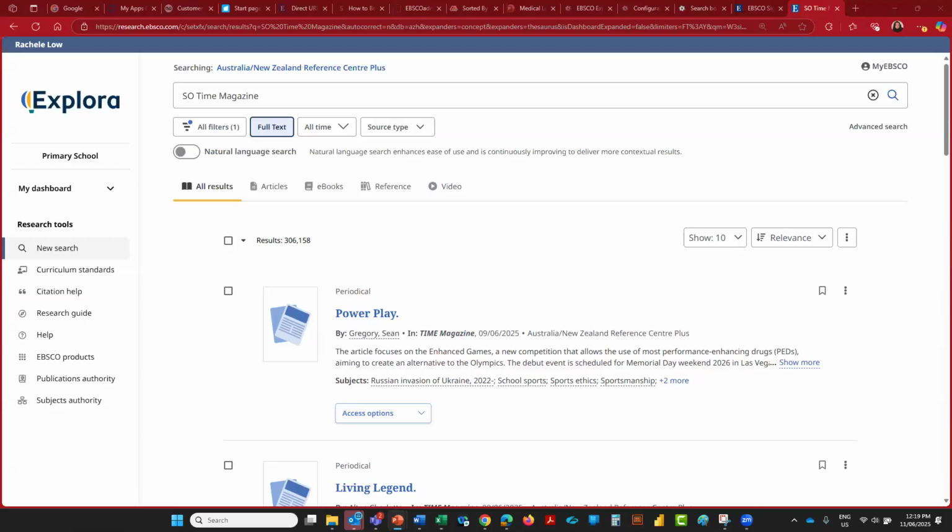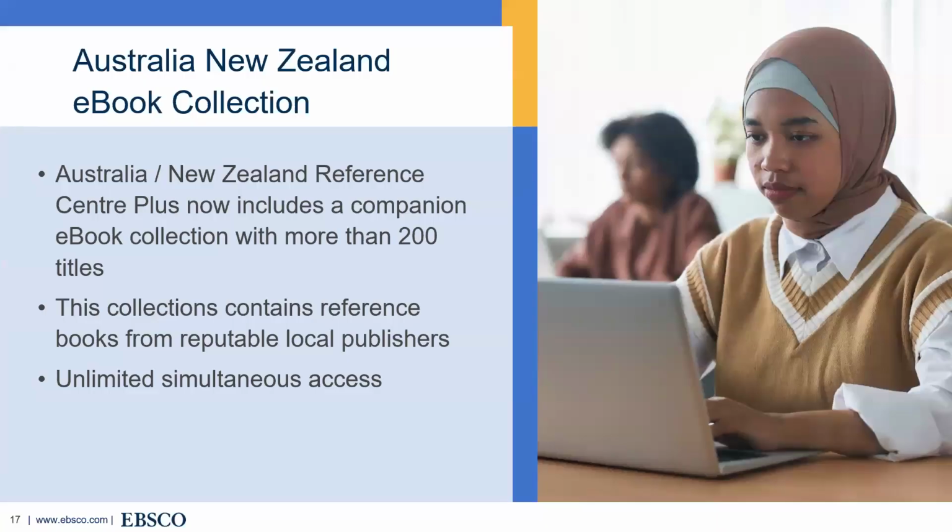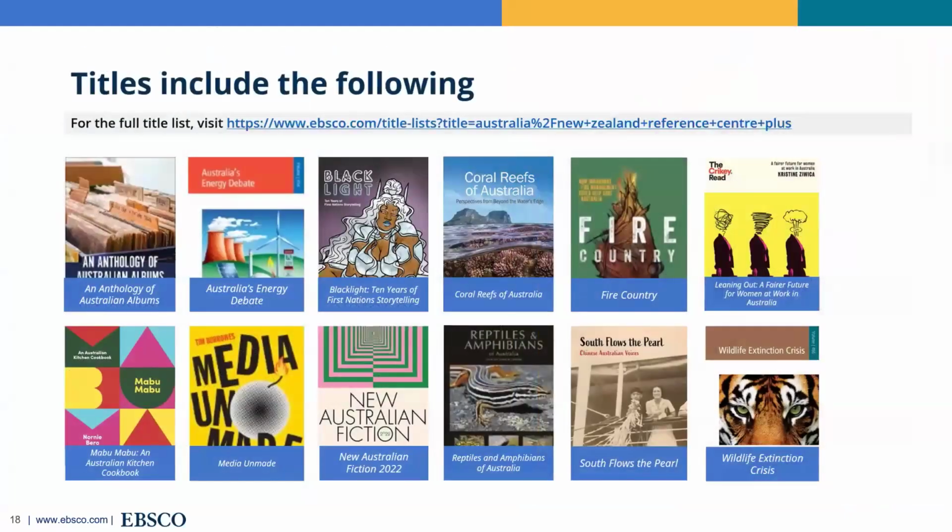All right, now I do want to talk about the Australia-New Zealand eBook collection. This is a companion collection to Australia-New Zealand Reference Centre Plus, and it has more than 200 titles. So this collection contains reference books from reputable local publishers, and it also gives you unlimited simultaneous access, which means that there is no limit on the number of students who can be accessing these at the same time. And there's just some sample titles here, but for the full list,